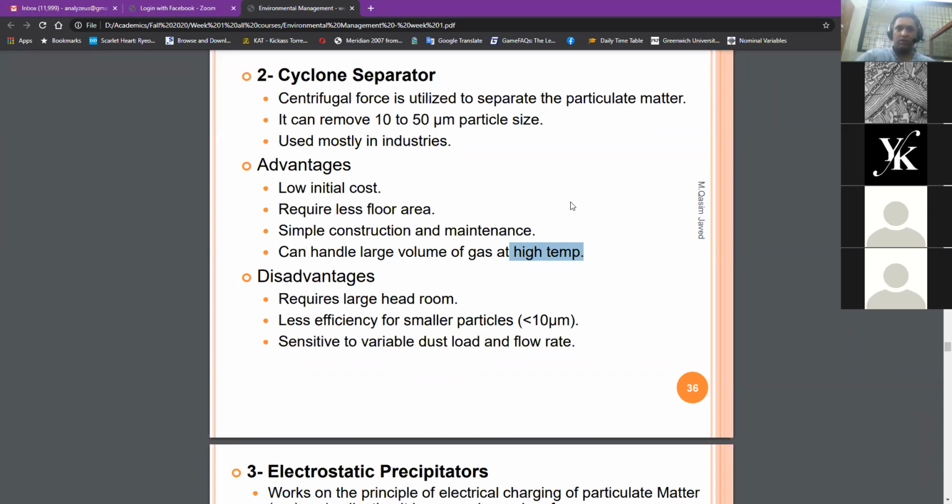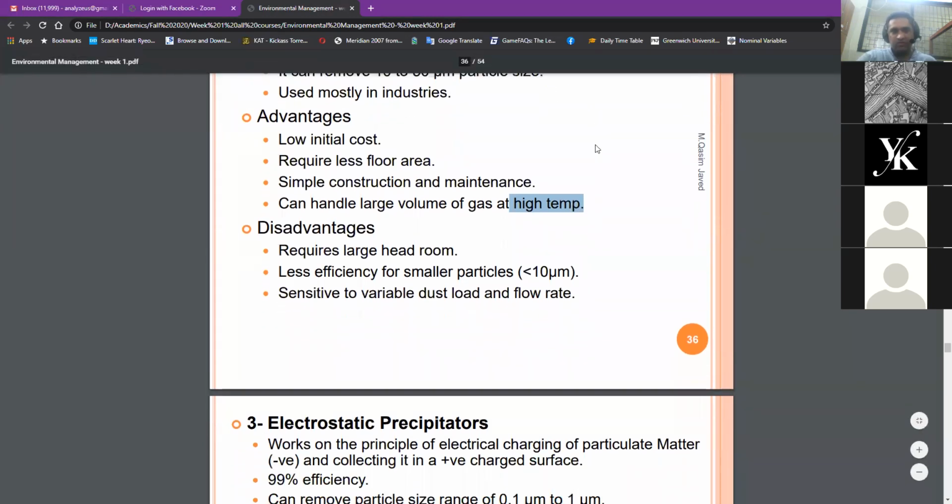Having gases at normal room temperature is different from having gases in high temperature environments, because these gases are more volatile, more reactive, more corrosive. So not every piece of equipment can handle them, because high temperature gases can start corroding them. By corrosion, I mean damage them. Rusting is a corrosion process. It starts damaging the metal. Similarly, high temperature gases can also cause erosion to equipment. So the cyclone separator is one of those systems which can actually handle this high temperature gas.